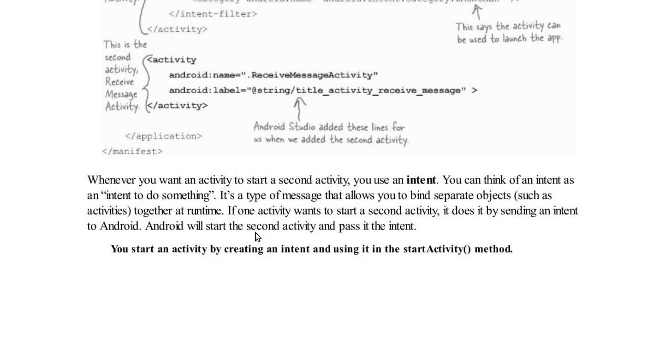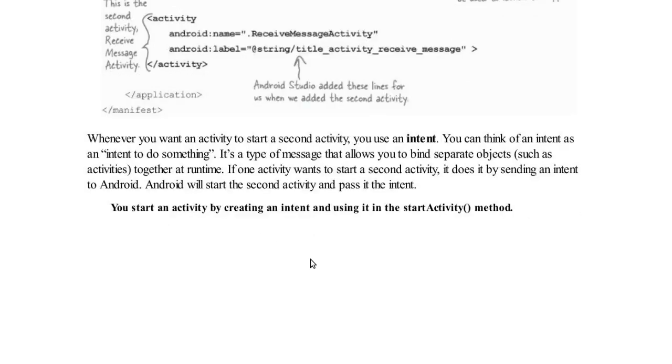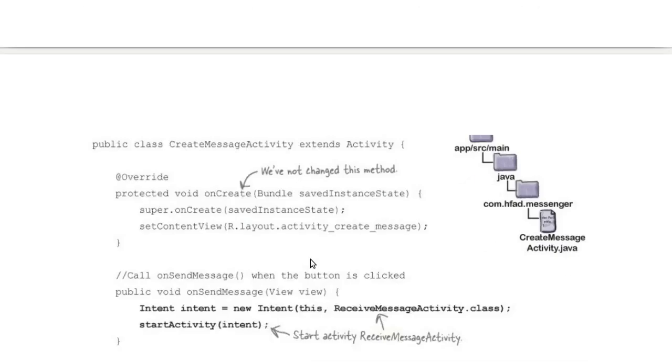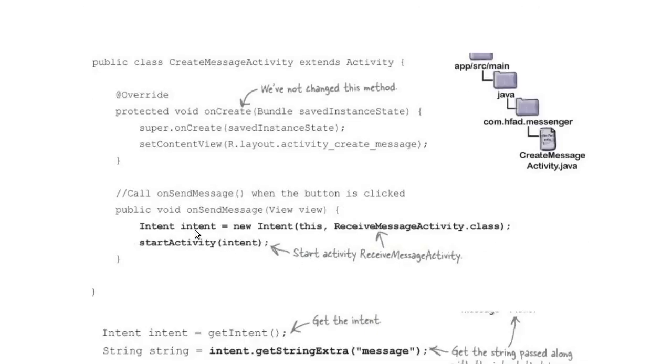So for that we first create the intent, and then we have to start that activity. As soon as you click on the send button of your screen, you type some message and then click on the send button, what will happen? The code will appear here in onSendMessage, and then you have to write the intent, because whatever you write on that screen would be passed to the second screen. In that case you have to start that second activity. To start that activity we need the intent.